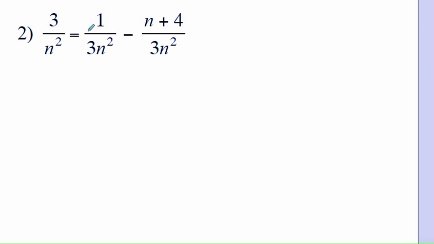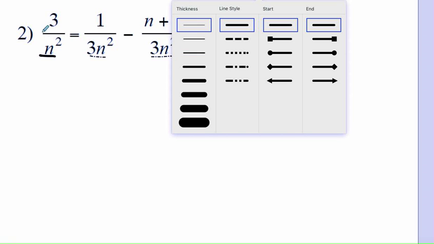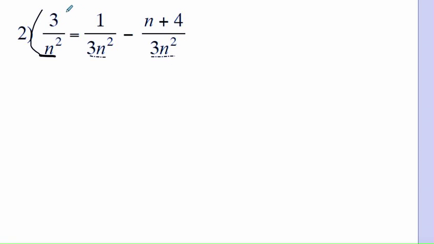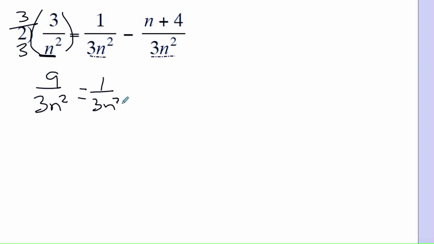Alright, the next example I'm going to do, I noticed that my denominator is not common. I have 3n squared on the right side of my equation, but I need it over here. So in order to get 3n squared, I have to multiply this whole quantity by 3 over 3. So I get 9 over 3n squared equals 1 over 3n squared minus,